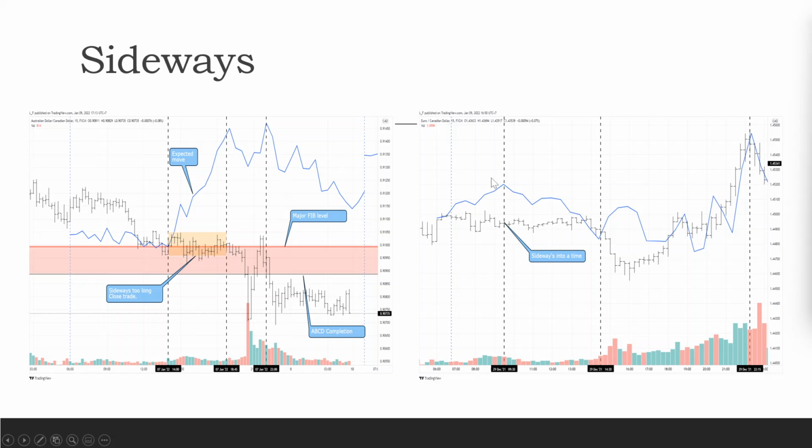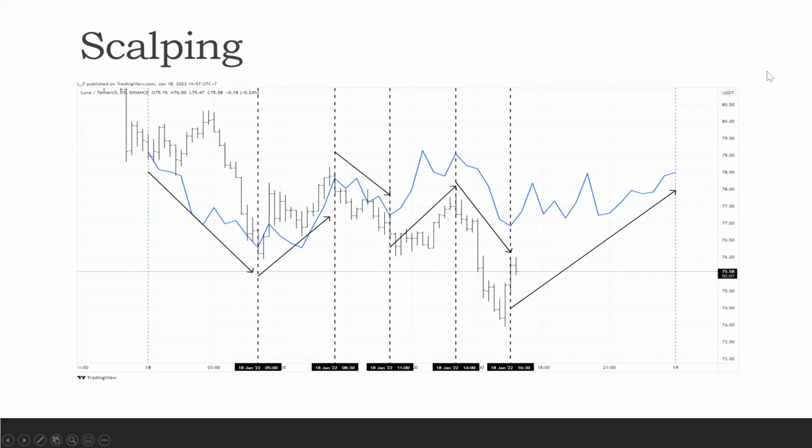Another example here was sideways into that one and sideways into this one as well. So we don't want to do that. And then we get on to scalping. Scalping's not something I recommend,